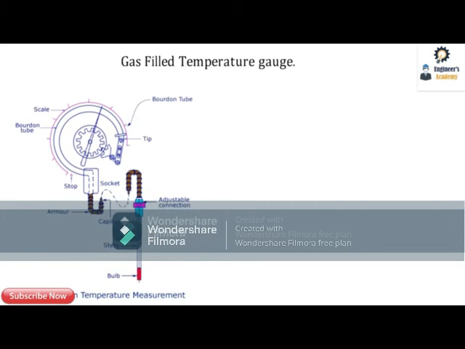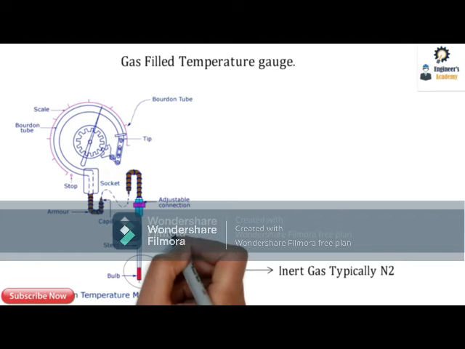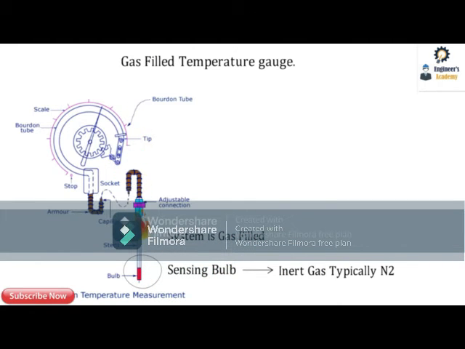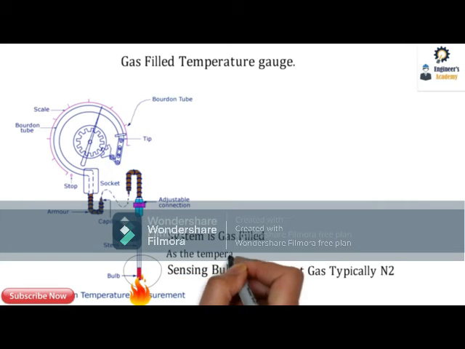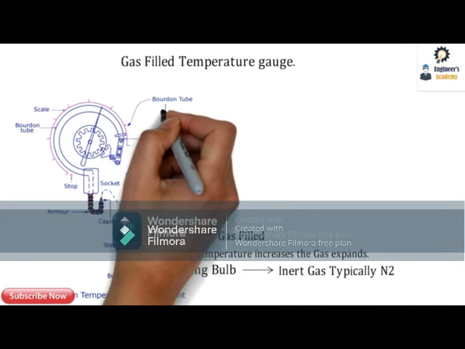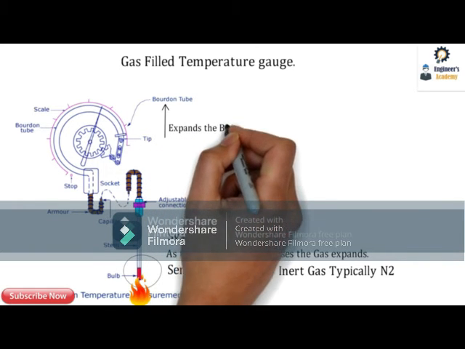So guys, over here in the gas filled temperature gauge, it works on the basic principle of this sensing bulb. Inside that sensing bulb, nitrogen, which is called an inert gas, is filled, and the mechanical system is fully filled with the gas, typically nitrogen gas. Whenever the temperature increases and the bulb senses it, the inert gas inside the bulb expands, and as the gas fully fills the system,